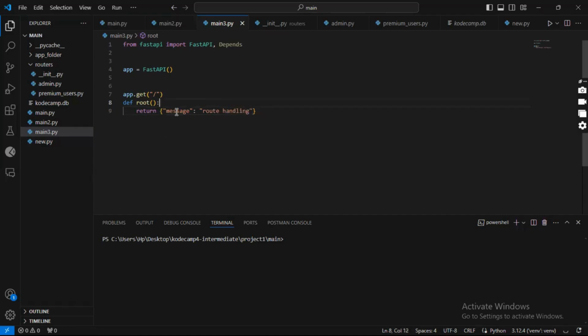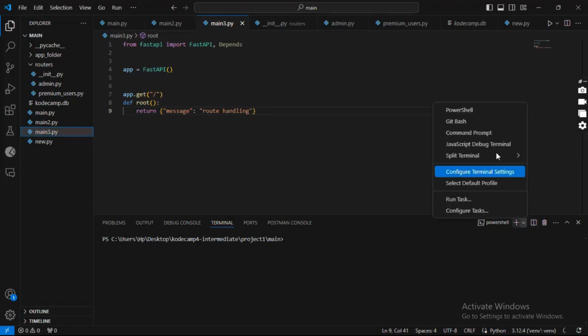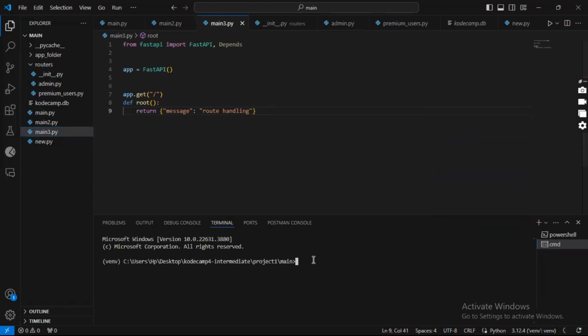Okay, and that should be that. So far we are not yet done, because at the moment, even if we try to access the other route, we will not see it. So to test that out, I'll just come back here and put on my command prompt, and then